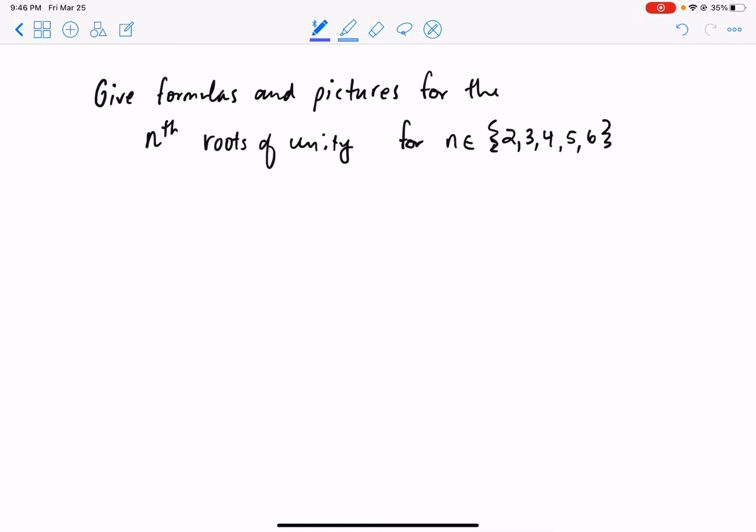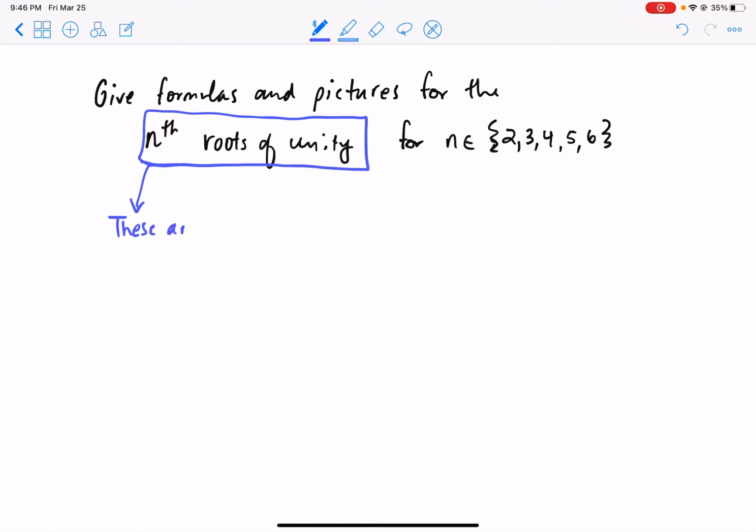Okay, hi everyone. Give formulas and pictures for the nth roots of unity, whatever that means. I'll explain that in a moment. And do it for n equals 2, n equals 3, n equals 4, n equals 5, n equals 6. Okay, so